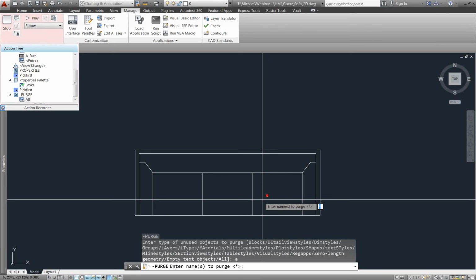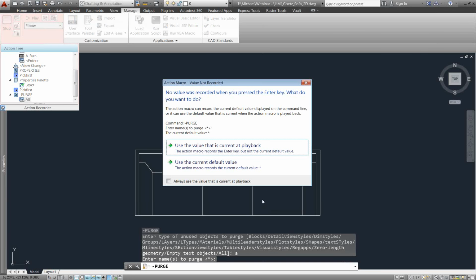But you notice here, I want to talk about what's happening here. There is a default. Remember, anything inside those greater than, less than brackets means that if you hit the enter key, that is the setting or the choice which AutoCAD is going to use. Mine is asterisk to purge all. I'm just going to go ahead and hit enter at this stage without typing anything. And because I'm recording this action, AutoCAD detected that I hit the enter key without typing anything on the command line. It says no value was recorded when you press the enter key. What do you want to do? It says the command was purge, enter, it shows me the prompt, and then the current default value was this